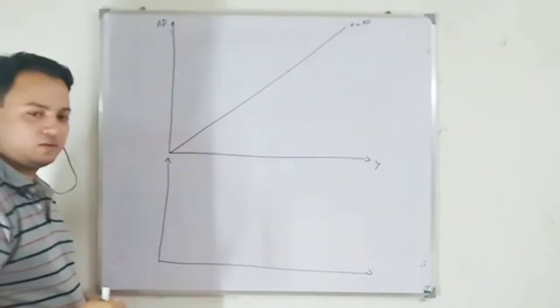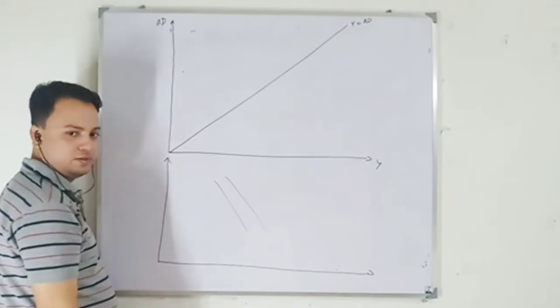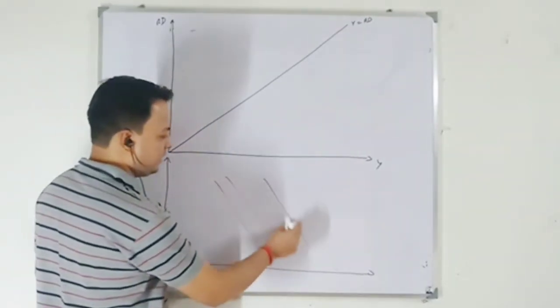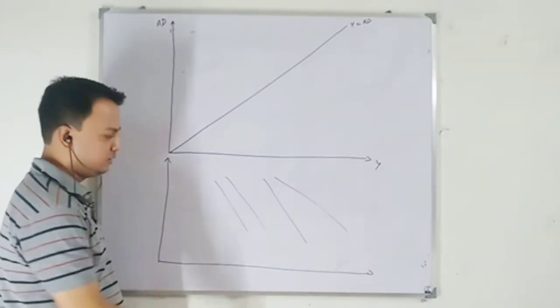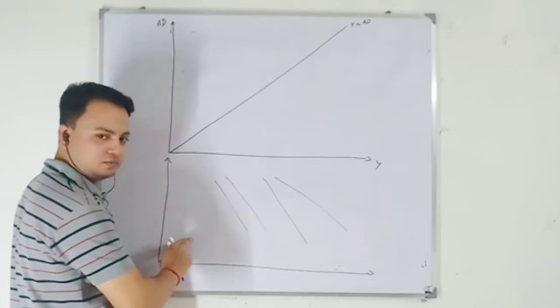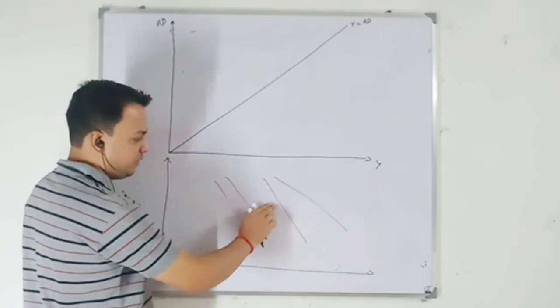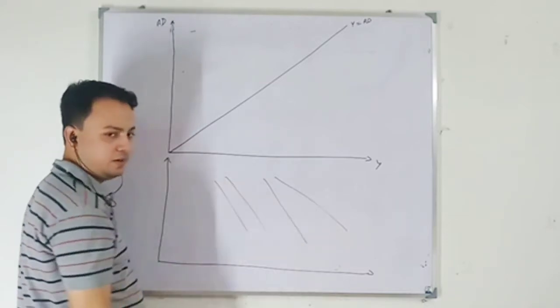Before I do this, when two lines are parallel, the slope is the same. When one line is like this, another is the same. Parallel lines do not mean that one is flatter. The slopes are the same. When one is this and one is tilted just a little bit, that means this line is more flat.